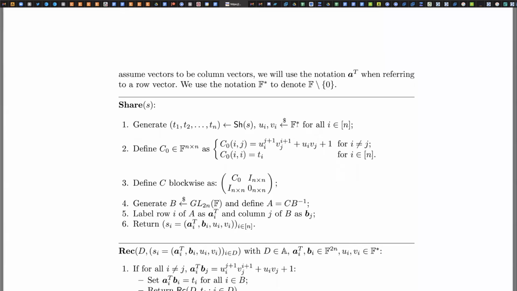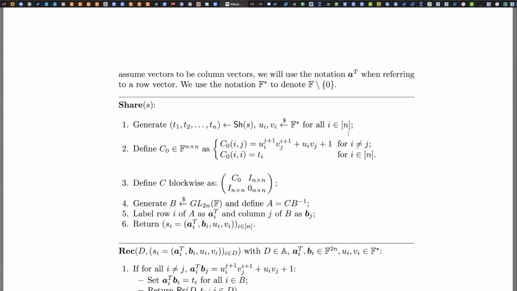Typically, I think they're talking about finite fields because they take the size of it. So you have some finite field. You randomly pick, using a random choice with uniform distribution, ui and vi, for all the i in [n]. So then